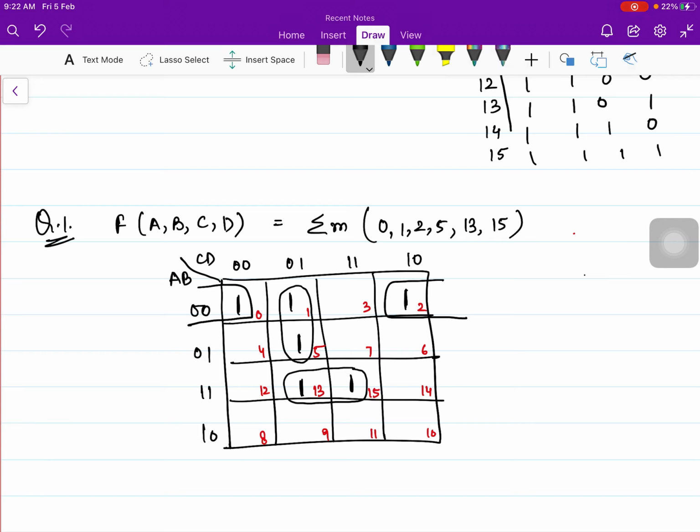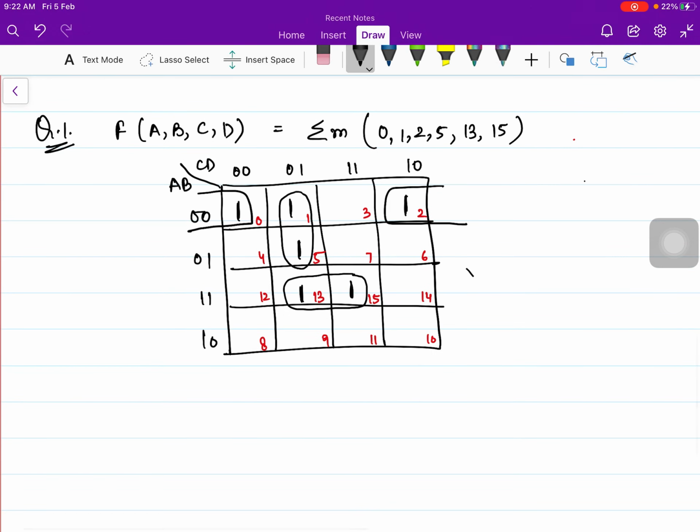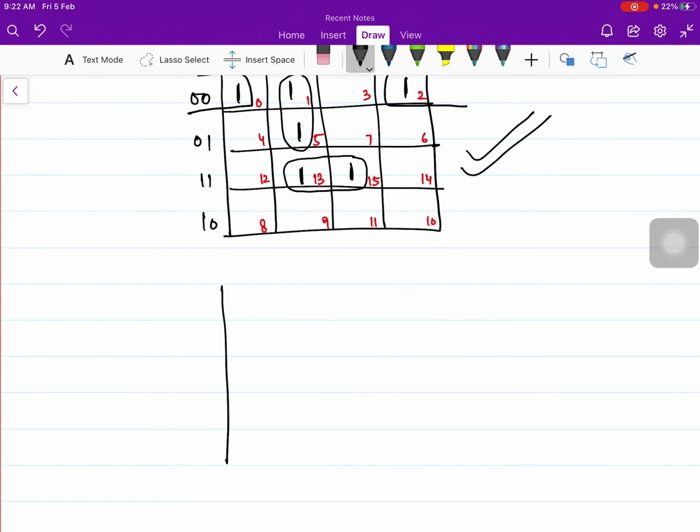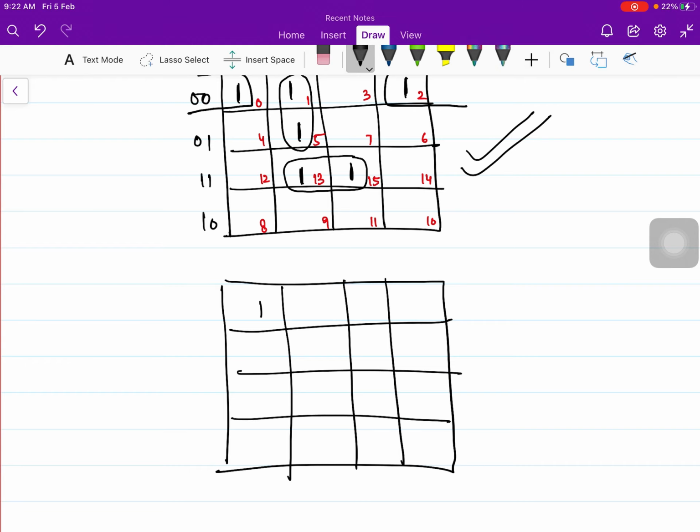Now I'll also tell you the mistakes that could have been made if you look at it differently. See, we searched for a group of 16, not possible. Then we searched for a group of 8, not possible. Then we searched for a group of 4, which was again not possible. And we were only left with the option of making groups of 2. Now, this is the correct answer. Now, let me also tell you what possibilities a student can have here, which according to them will not initially be wrong.